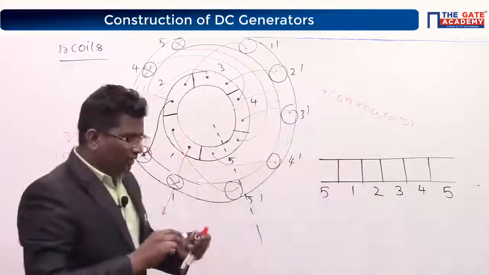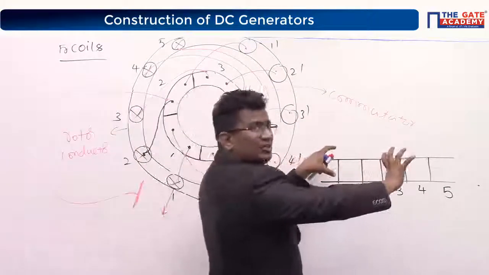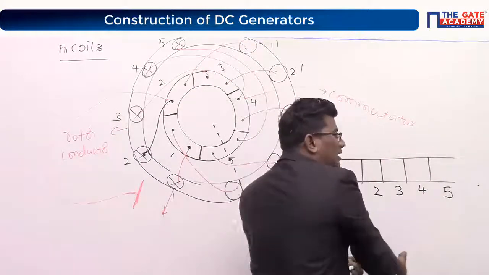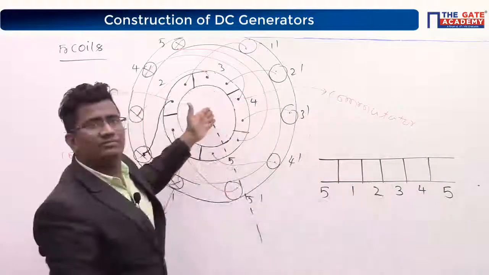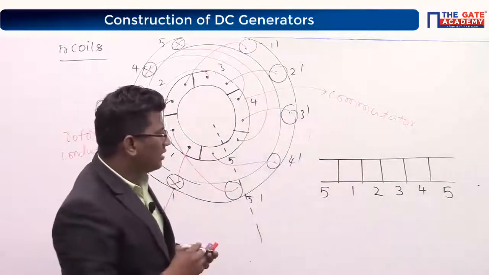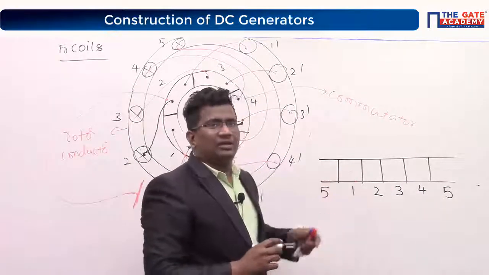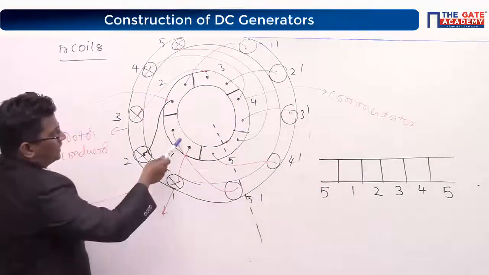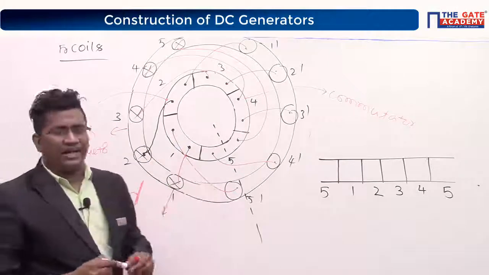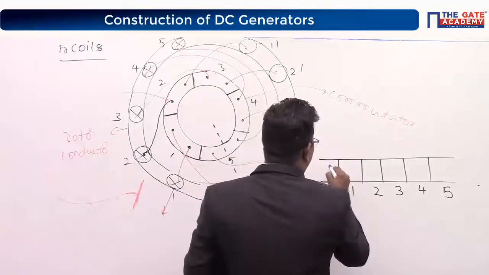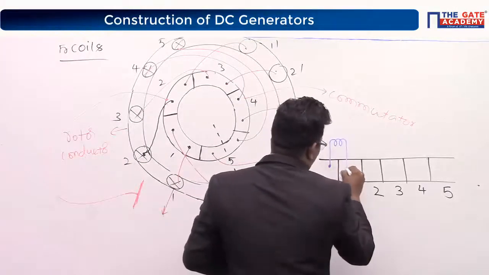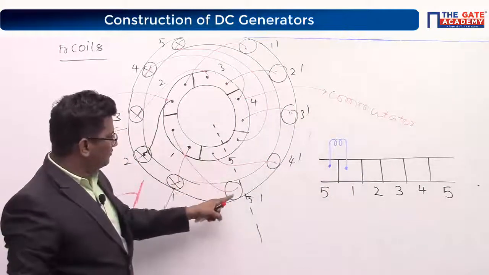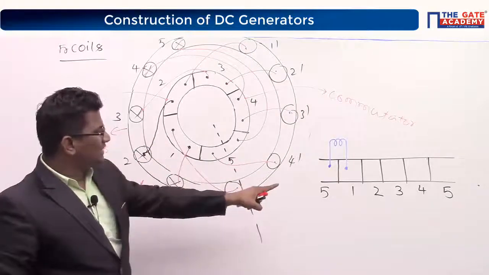Correct or not? You do one thing, just hold this and stretch it like this, in a circular shape. Can I say it is nothing but this one only? Now you tell me the first connection. The first segment is connected between what and what? The first segment is connected between 1 and 5 dash, right? Look here. 1 and 5 dash, okay? First connection between 1 and 5 dash, na? 1 and 5 dash. The second connection is from